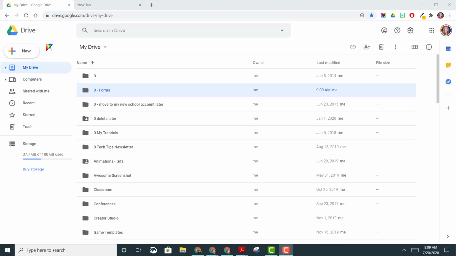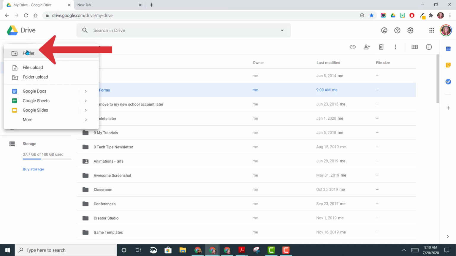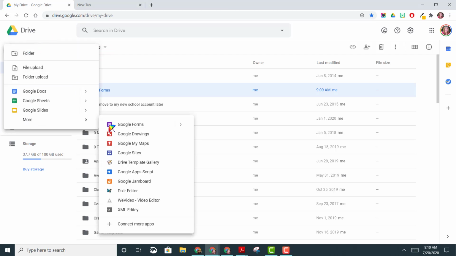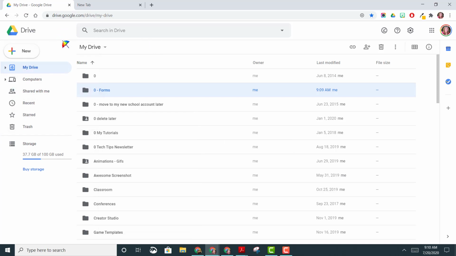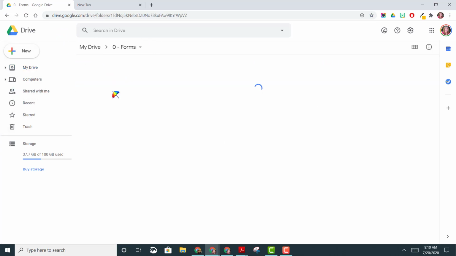There are several ways to create new Google Forms. From your Google Drive, you can click on the New button, click on More, and choose Google Forms. Notice if you come all the way over, you have the option to choose from a template. If you want your forms to go in a specific folder in your Google Drive, open that folder first, then